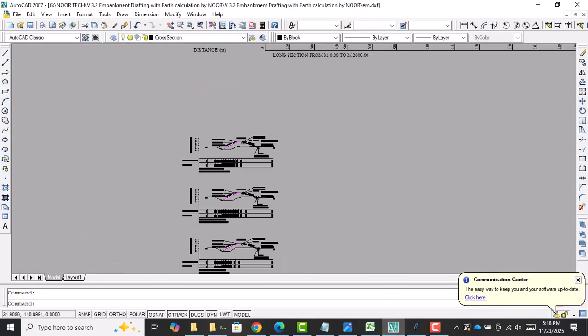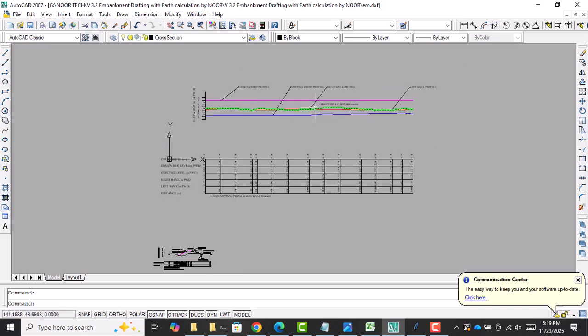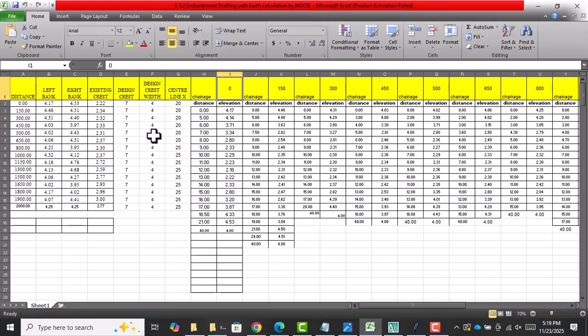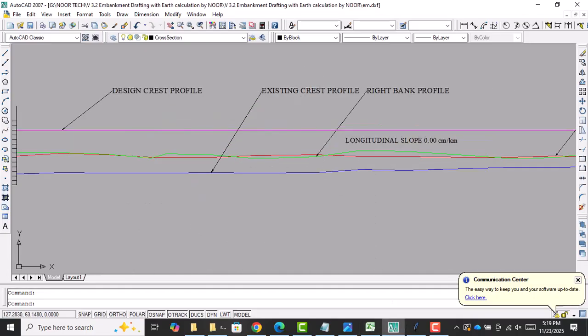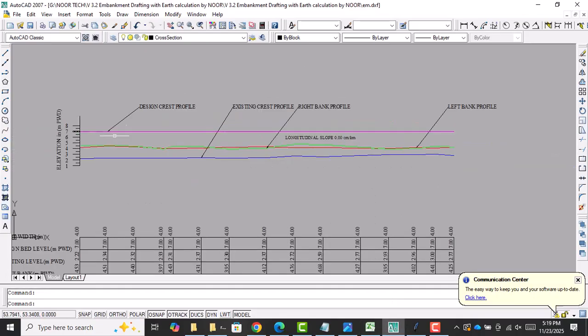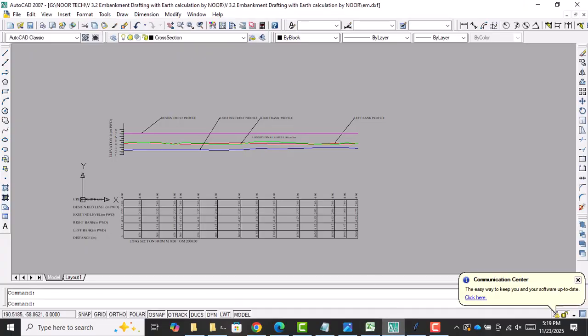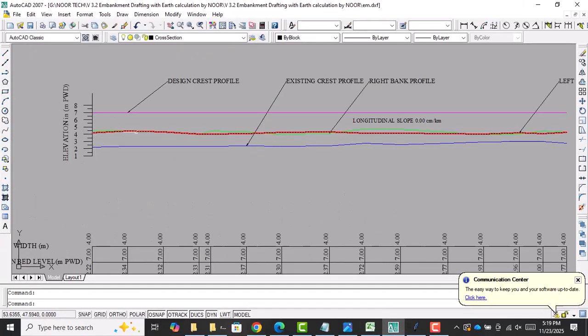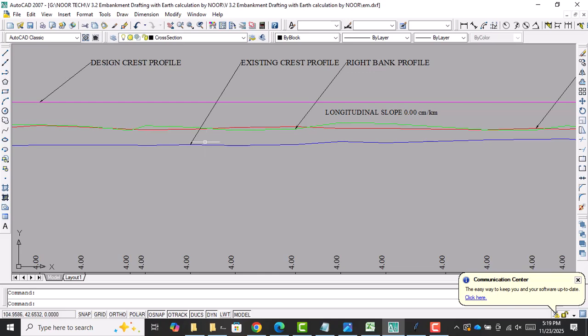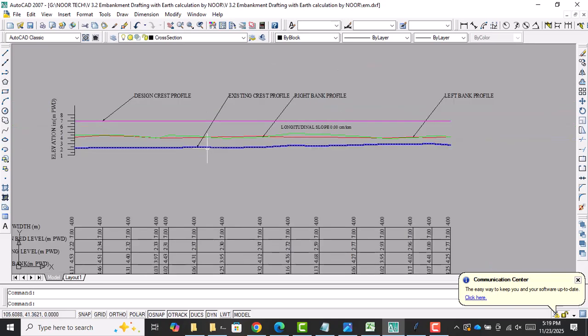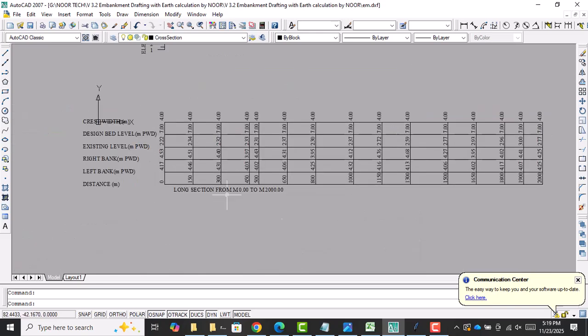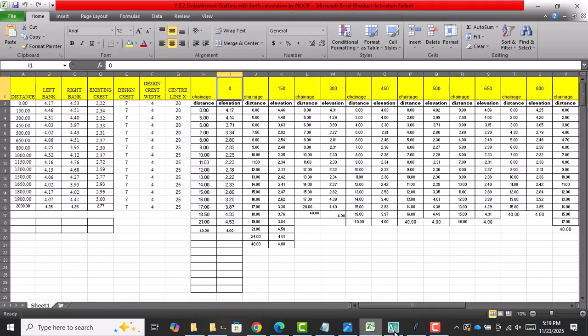You can see that here it draws the long section. As I inputted in Excel the design crest level 7, it draws the design crest level line at level 7, and other data, left bank, right bank, existing crest. It automatically draws everything and marks which line represents which thing. Like this is the existing crest profile, it is marking this, and here all my Excel data is converted